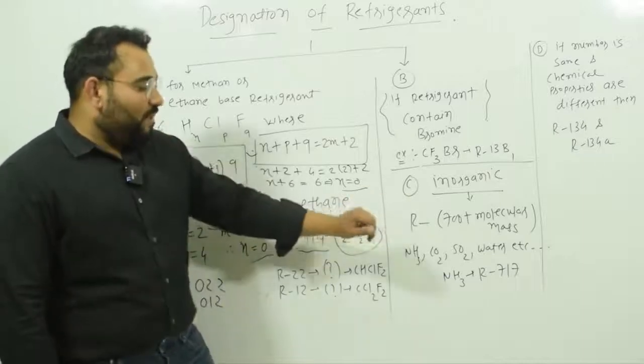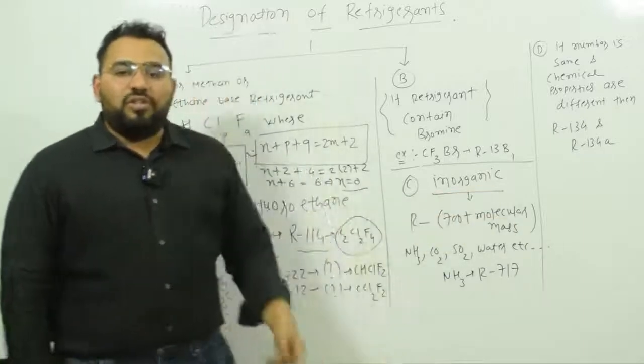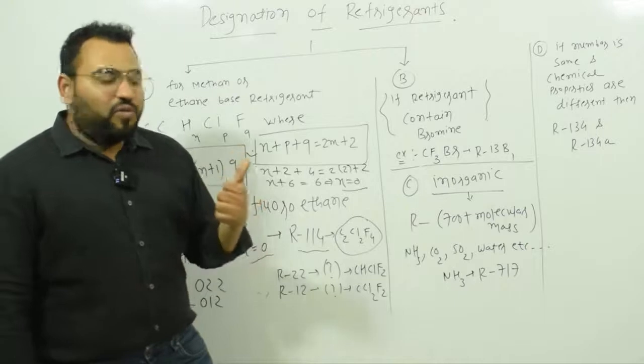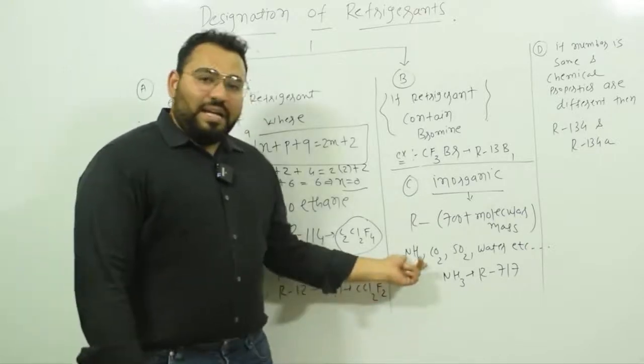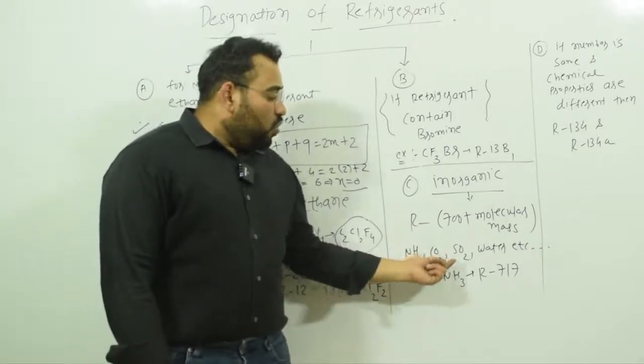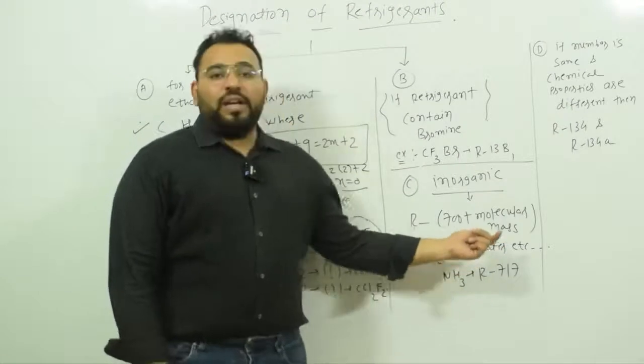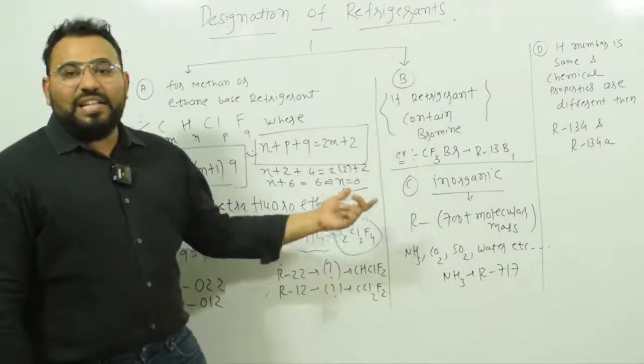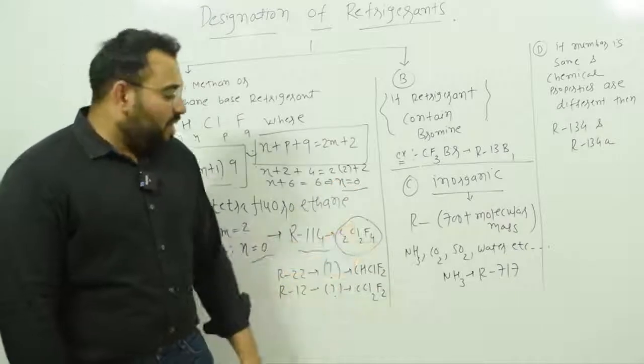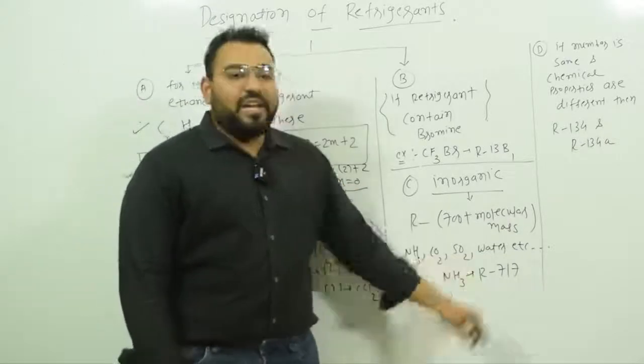Now part C. If there is an inorganic refrigerant. So what are the inorganic refrigerants? That you first have to remember. Ammonia, NH3, CO2, SO2 and water. These are the inorganic refrigerants. These are the natural refrigerants which are easily available to us. So if inorganic refrigerants are there,